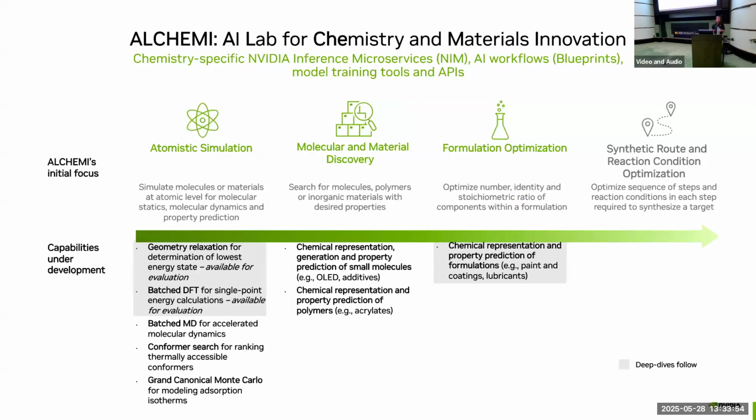So NVIDIA has something called Alchemy, and this is what was used by SES AI, leading into Carmelo's discussion here. Alchemy is our framework for AI-accelerated chemistry and materials, right? And as Venkat pointed out, there's so many different paradigms or different ways to inject AI into chemistry where it can really make a big difference, right? From low-level electronic structure theory, atomistic simulation, over to molecule and materials discovery. And emerging, right, formulation optimization.